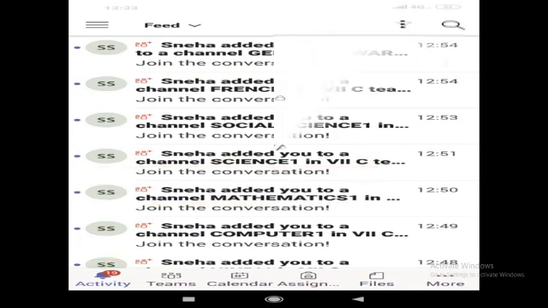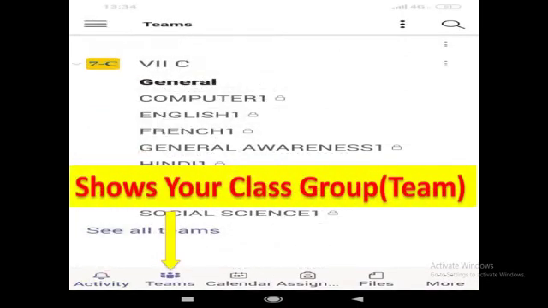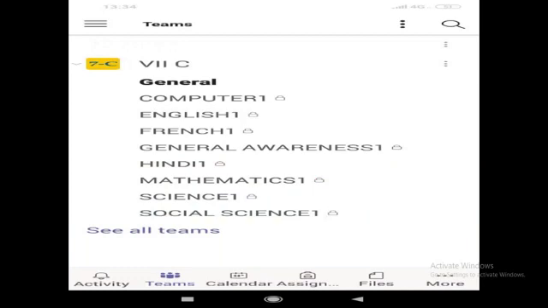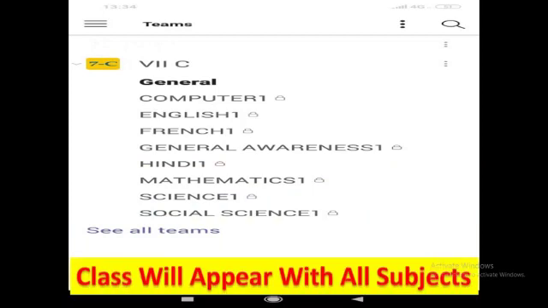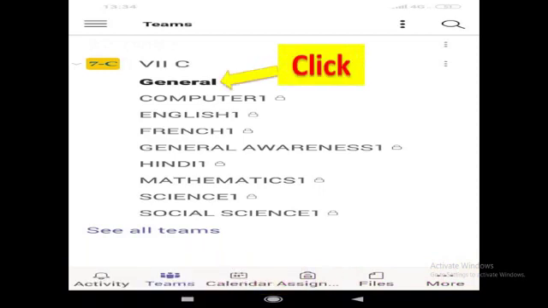After this activity, we have this Teams option. This Teams option shows your class group. Class group means the class in which you are. It shows your class group here, class team here. For example, you are in 7C, so it is showing you the 7C class with all the subjects mentioned. So your class will appear here with all the subjects. Now what you have to do next? You have to click on